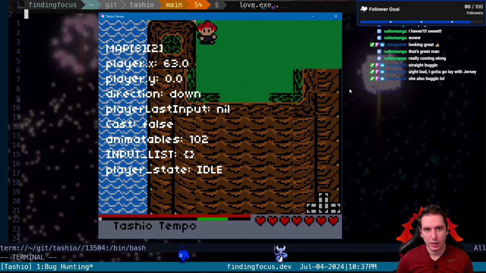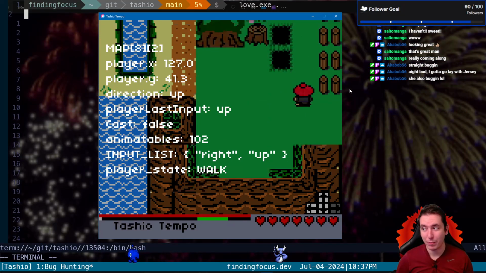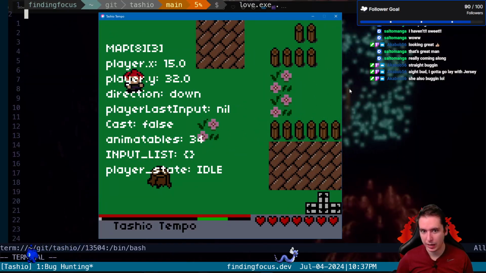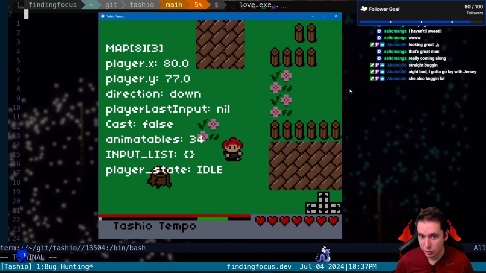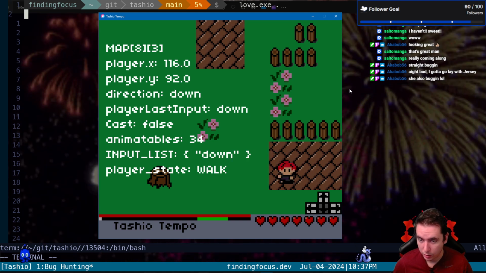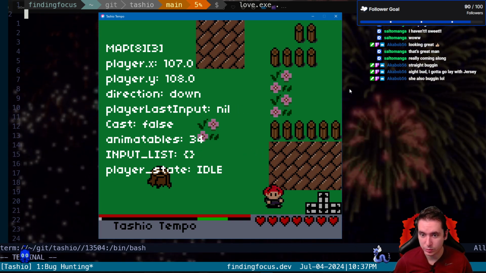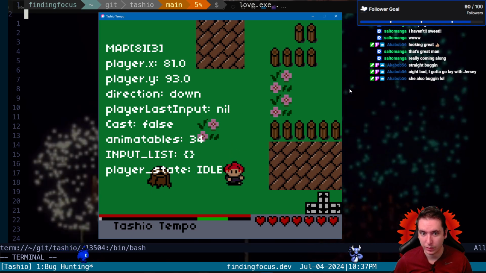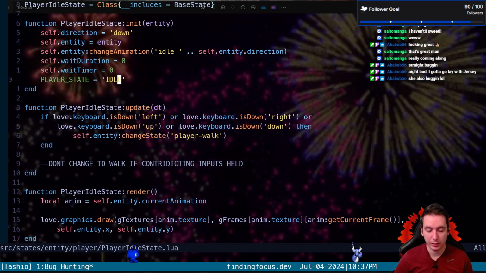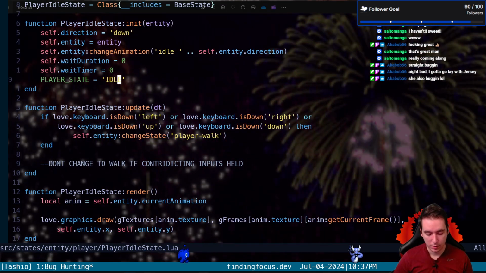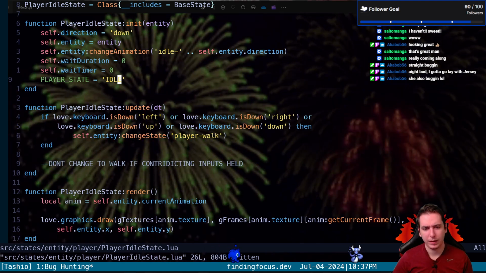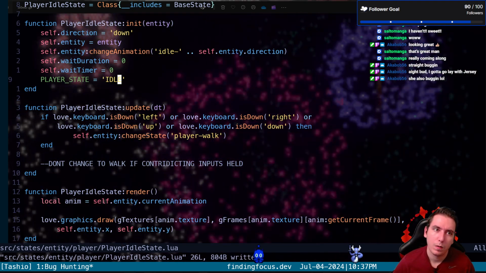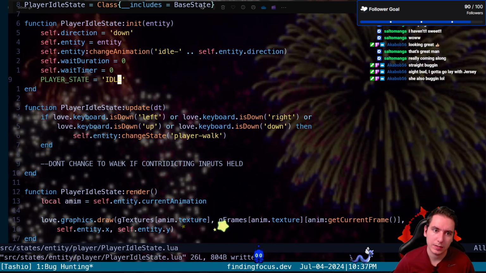So by the time we run into that bug again, we'll be able to hold one and see our input list and our player state. I'm assuming player state is walk by the time of that bug, because that's the only thing that triggers the animation for the character. So we would be in a player state of walk. So the only thing I can't think of is how come we can't set